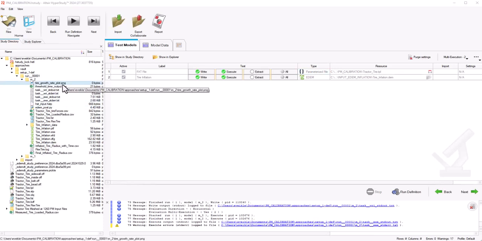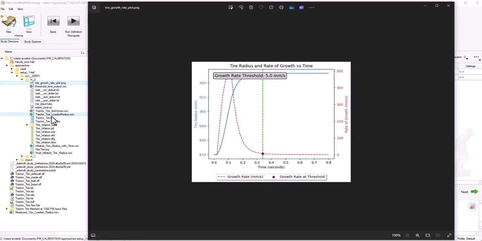So this model is completed. We can open up the plot that was generated by the EDEM post Python script. And here you can see tire inflated radius starting off at 870, ending somewhere just above 920 millimeters, blue line. And the growth rate is also plotted here in the red dashed line, maxing out at approximately 0.1 second, and then dropping down to a threshold of below 5.0 millimeter per second growth rate at just